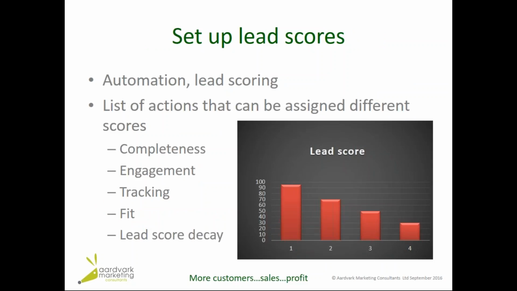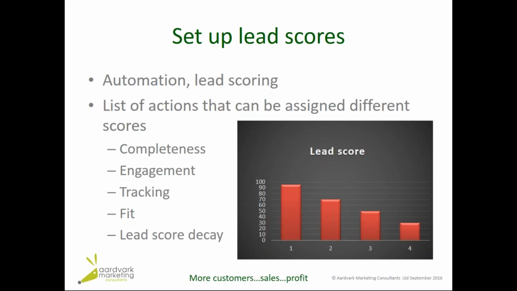Final step is the setting up of the lead scores, and this is the most valuable to the sales team. Again, each automation process will have a lead score. If somebody visits a particular page, or they do an action after a first action, they do a second, and then they do a third, each time they click on that and go further down the sales funnel, we give them a score, and the sales team can then concentrate on those visitors that have the highest score.